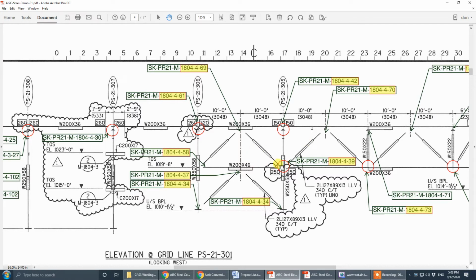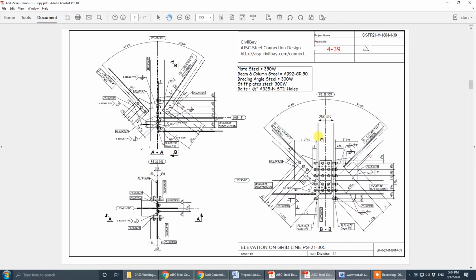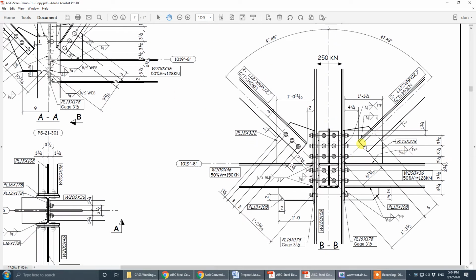All right, so again, as I say, this continuous member, we call it column, and with this column 439, a strong axis. All right, so with this column,